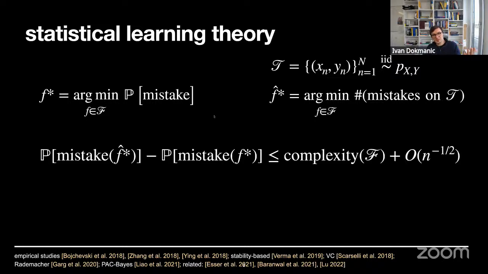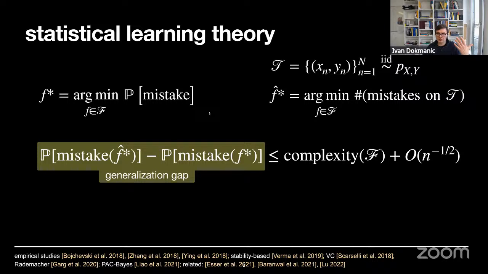Statistical learning theory is about bounding this gap, which is sometimes called the generalization gap. It's trying to say how much worse we are because we work with n samples and not infinitely many samples. This is usually upper bounded by some inevitable term that encodes the variance and depends on the size of the data set, this should be capital N, and then by some term that encodes the complexity of our hypothesis class. If we only work with constant functions, then maybe we don't need so many examples to estimate the value of this one constant. But for a large neural net, we maybe need many parameters.